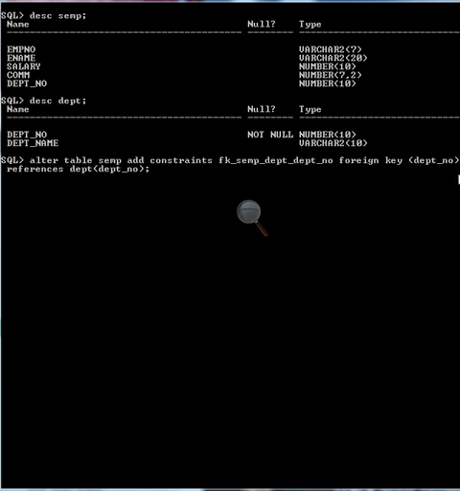So we have two columns with the same name in two different tables. Once we define the name of the table, and once we do not. If we do not define the name of the table, it takes it as the current table, and here it is a different table, so we have defined it as the DEPT table. And press enter. Table altered.